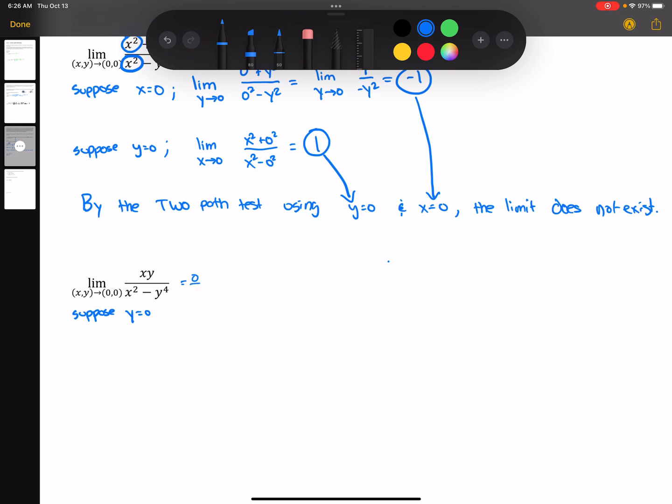So now we know that 0 over 0, that's that indeterminate form that we can't actually work with. Now, in the previous problems, we were able to factor and do some algebra to cancel that stuff out. But we can't do that here because there's no way to suitably factor the denominator and cancel anything in the numerator. So what we can do instead is